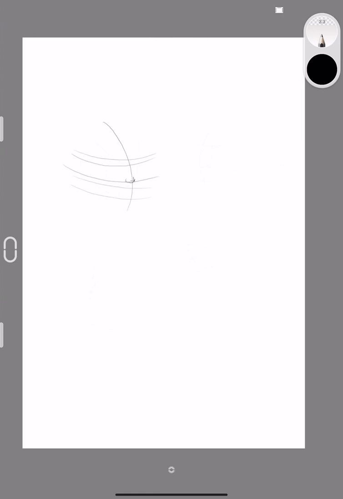Why we start with the nose is we start with the ball of the nose and structure, looking at what the lengths are and meeting points from the nose to the eyes. A lot of people want to start with the eyes, but if the eyes are wrongly placed, you will either have the nose being too long or too short, and it's far easier to change the size of the nose than that of changing the structure of the eyes, because they take a little bit more time due to detail